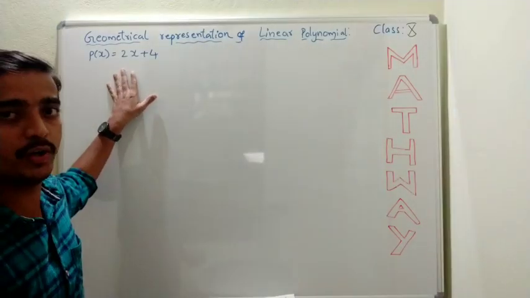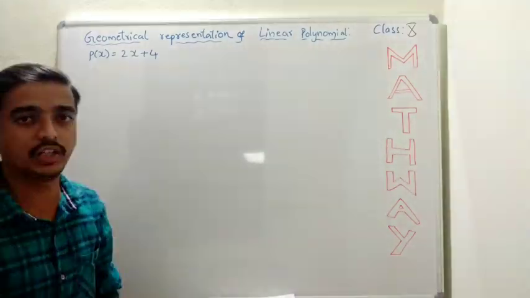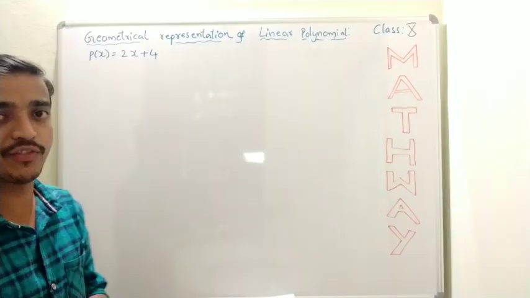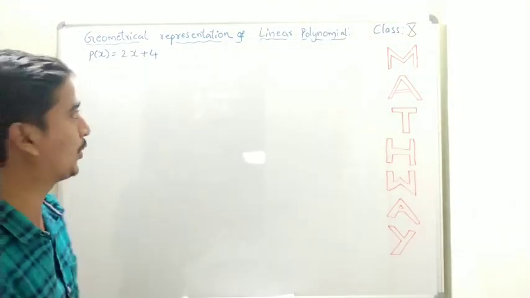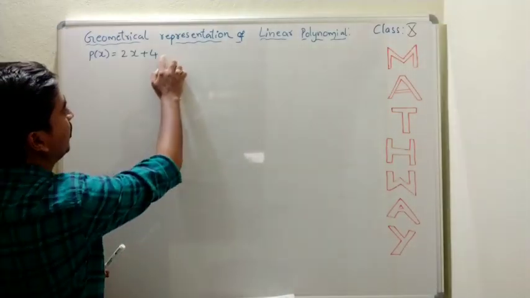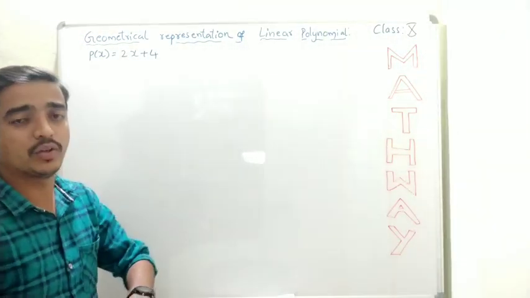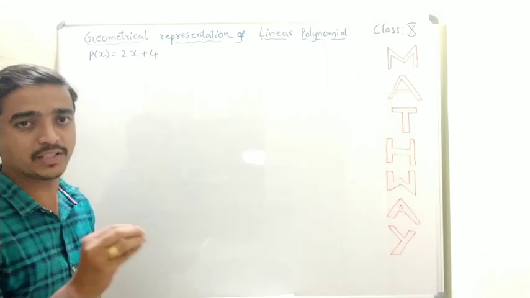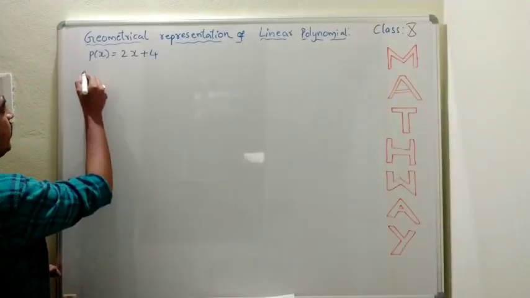So here p of x equals 2x plus 4 is a linear polynomial. First of all, find the zero of this linear polynomial. To find the zero of a linear polynomial, we have to make the value equal to 0. Or also, the zero of a polynomial is minus b by a. So by using that we can write